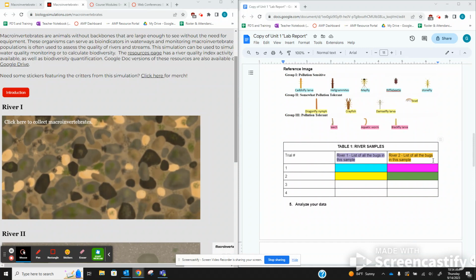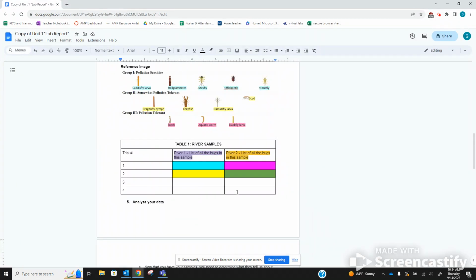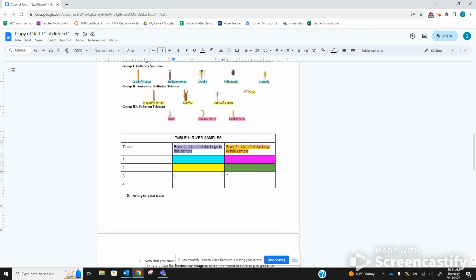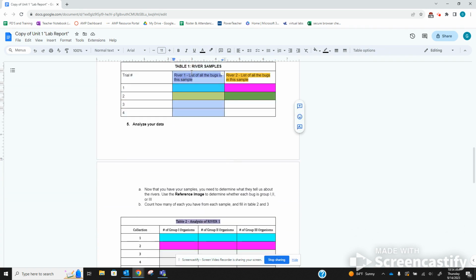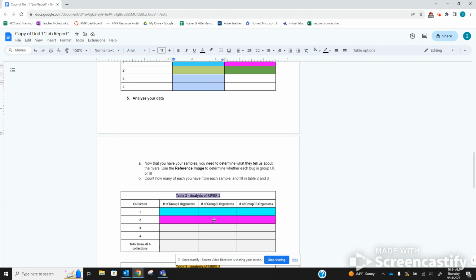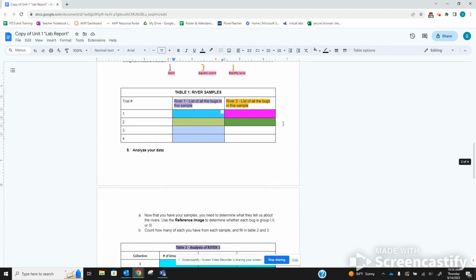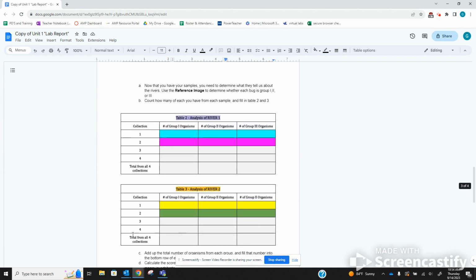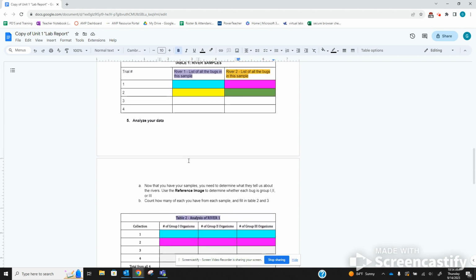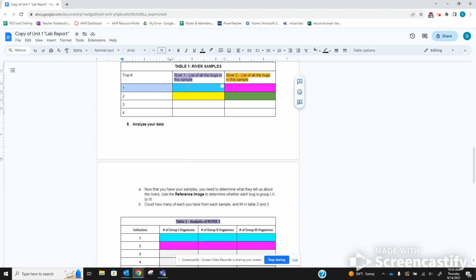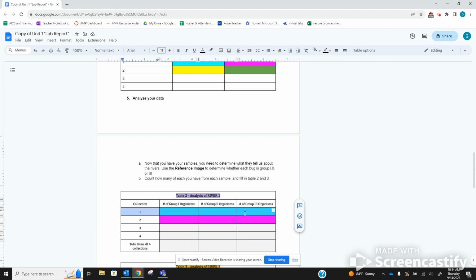So first, I just want to show you I have a little bit of color coding going on that'll hopefully help you keep track of why things are going from one table to another. In my tables, I've got my river 1 and my river 2 samples. This is where I'm going to put all of the different bugs that I find in each sample. And then when I want to go and analyze this data, everything from this column that's purple is going to go into this table here because this is about river 1. And then the things that are in this column are going to go into this table because this is about river 2. And then specifically, my trial 1 river 1 is going to go in row 1 because this is